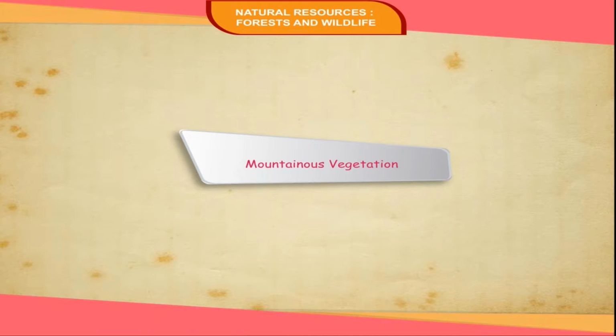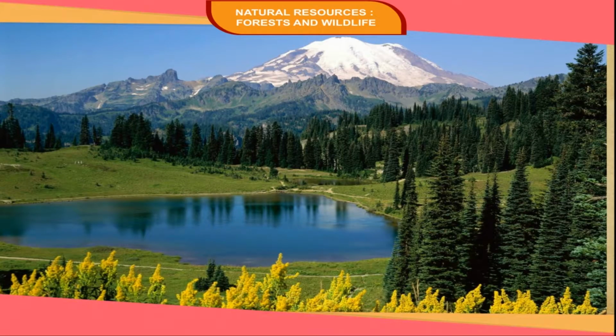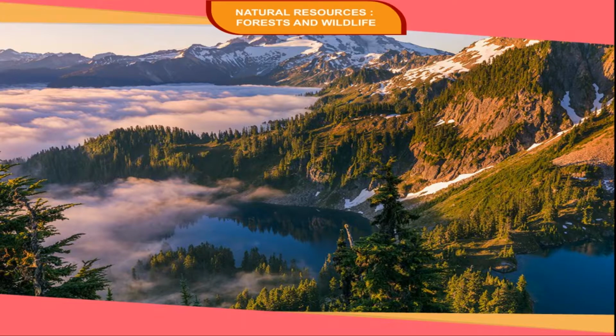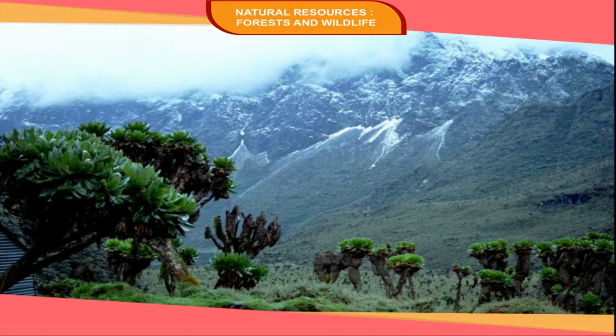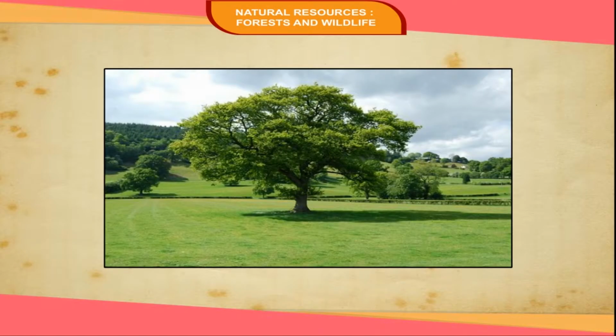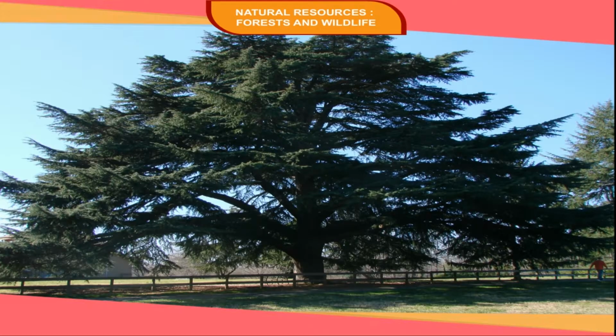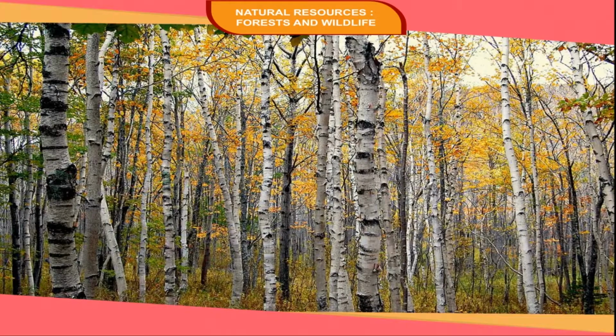Mountainous vegetation. On the slopes of the Himalayan mountains, the vegetation changes with altitude because temperature decreases with altitude. Trees take time to grow and quick regeneration of forest is not possible. From sea level to about 1800 meters, deciduous hardwood trees such as sal are found. Up to a height of 3000 meters, pine, cedar and deodar trees and some conifers are found. Softwood trees such as pine and birch grow at a height of 4500 meters, beyond which there is not much vegetation.